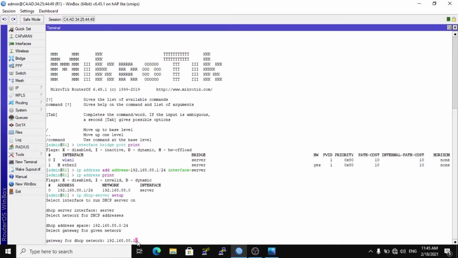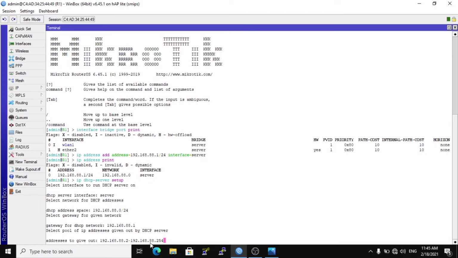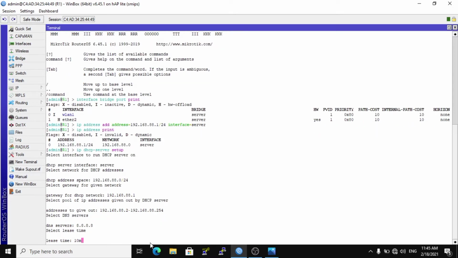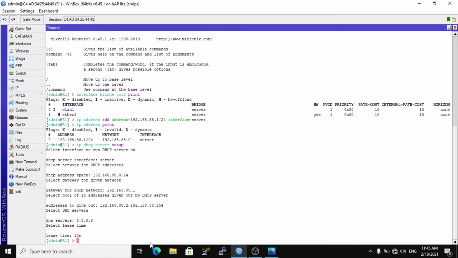The gateway for the DHCP network is the IP address on the interface server, 192.168.88.1. Click enter. Address to give out: 192.168.88.2 until 192.168.88.251, and click enter. DNS server, you can use Google DNS 8.8.8.8 and enter. Lease time default 10 minutes, enter.